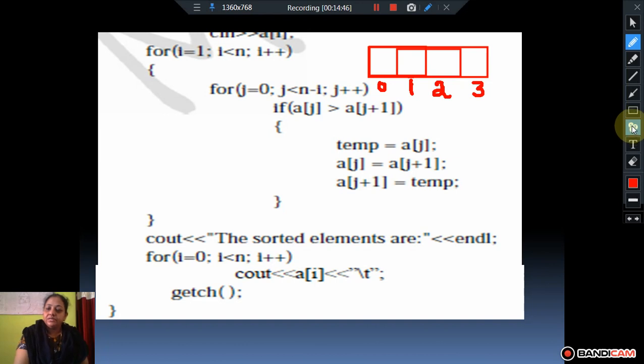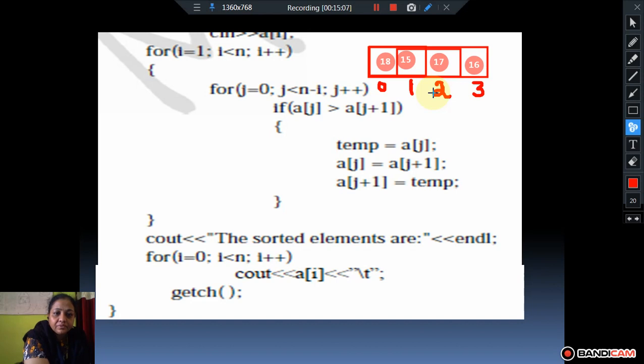So now let us take the array. Now we need to sort the array. That is, we need to arrange the contents of this array so that we get 15, 16, 17, 18.